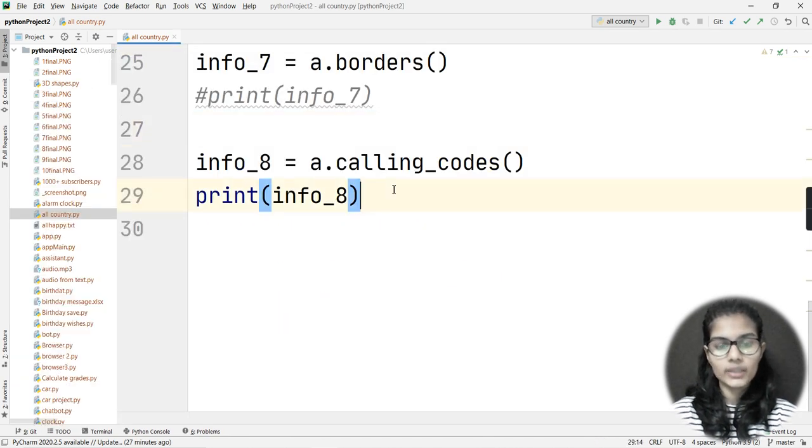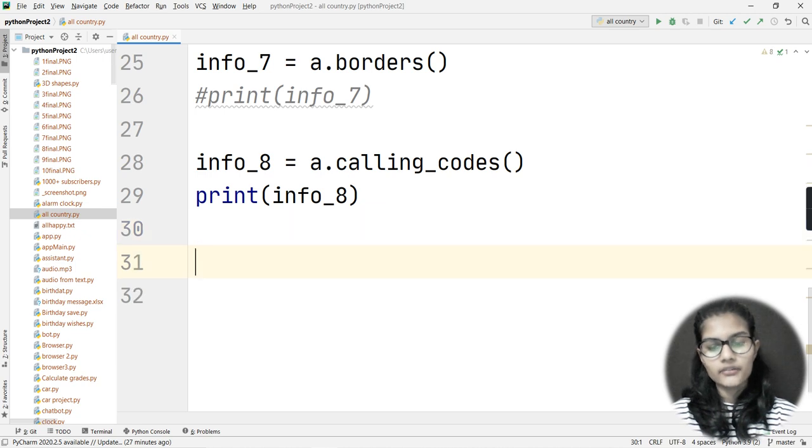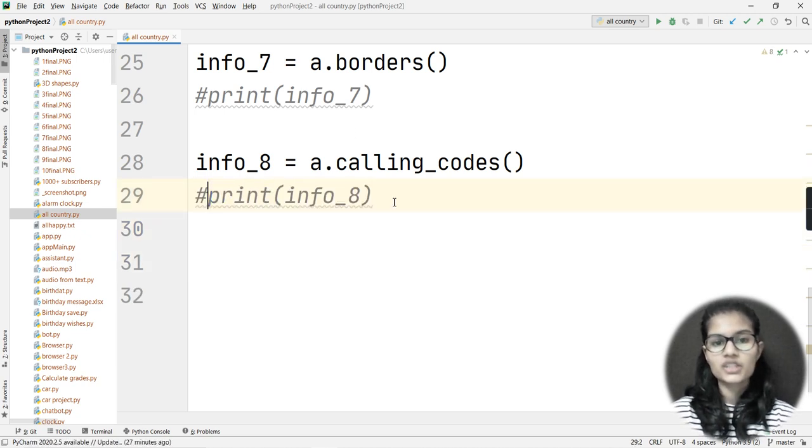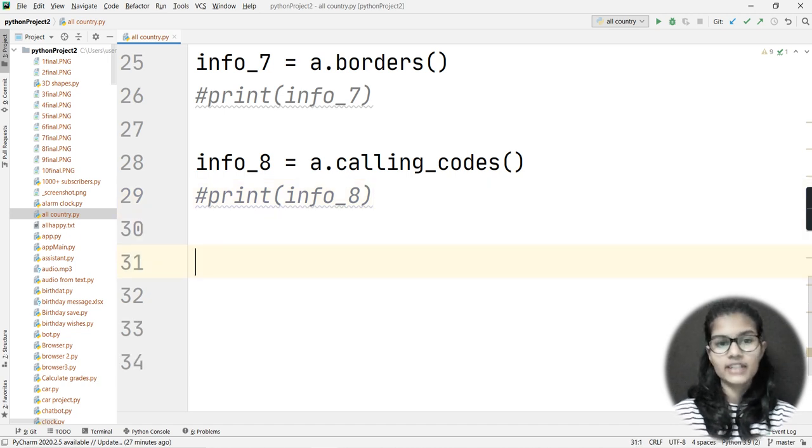Now basically here we have another function, and that is a very useful function, that is wiki. We all know Wikipedia, right? This function gives us the link of the Wikipedia page where everything is mentioned about India, or whatever country you are searching for.